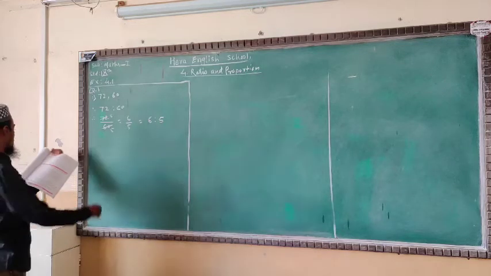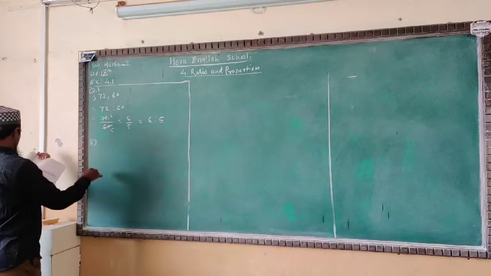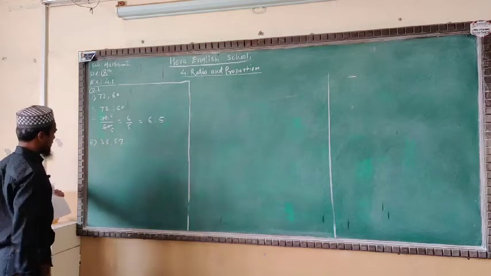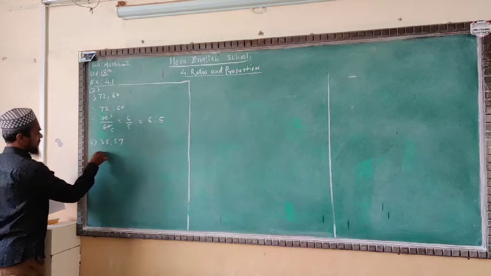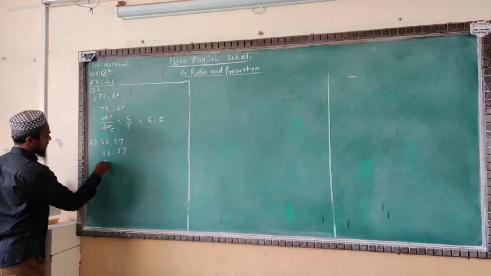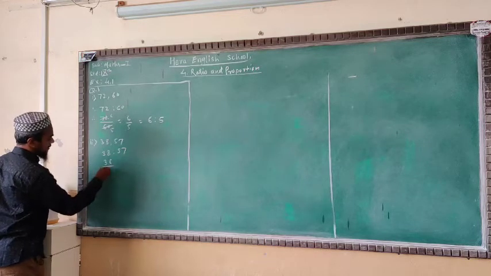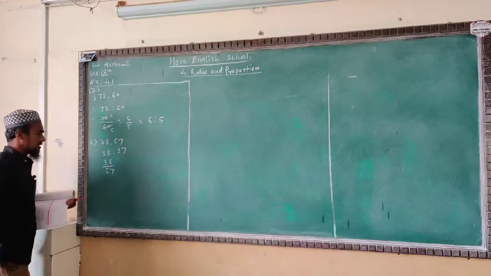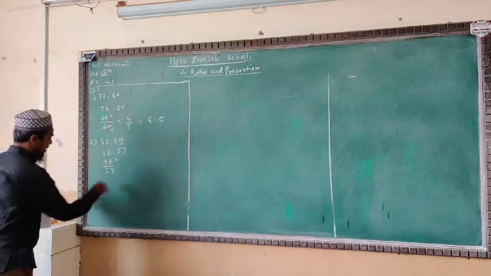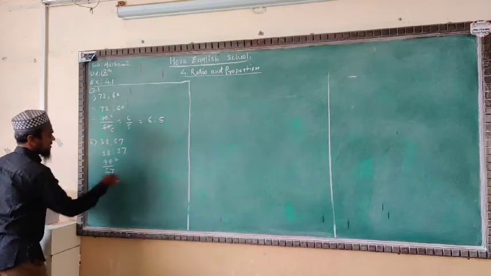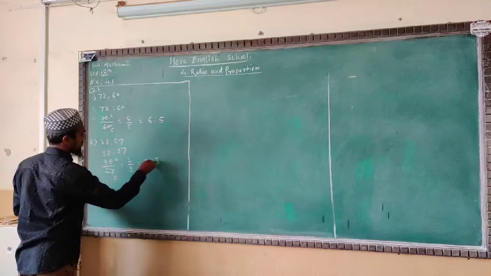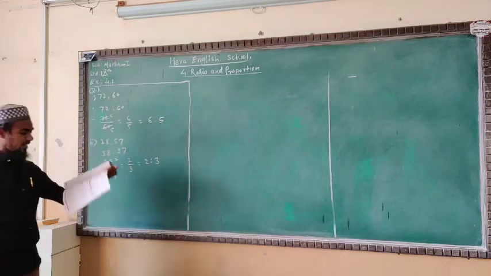Okay, now the second one, see very well: 38, 57. Now we'll write it in ratio form first, 38:57. Then we'll write in fraction form, 38 upon 57. Now we'll take the common table of 19. 19 twos are 38, 19 threes are 57. You will have 2 by 3, means 2:3 is the reduced form of the given numbers, first to second.